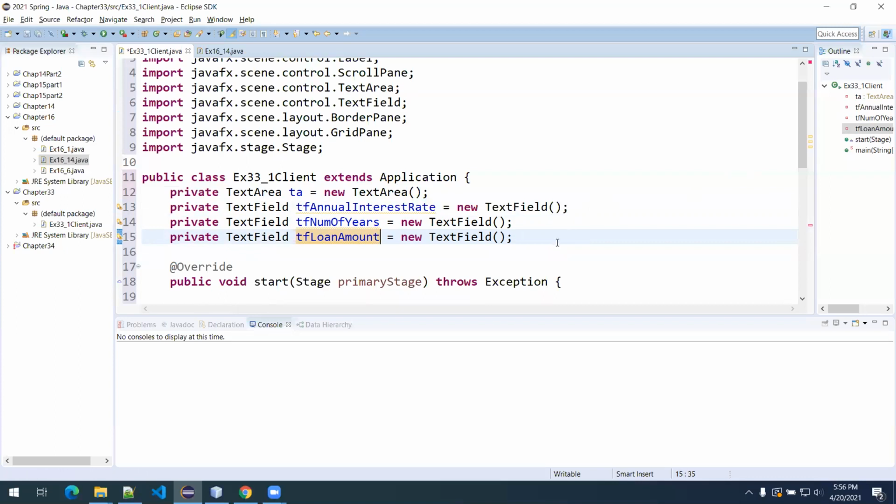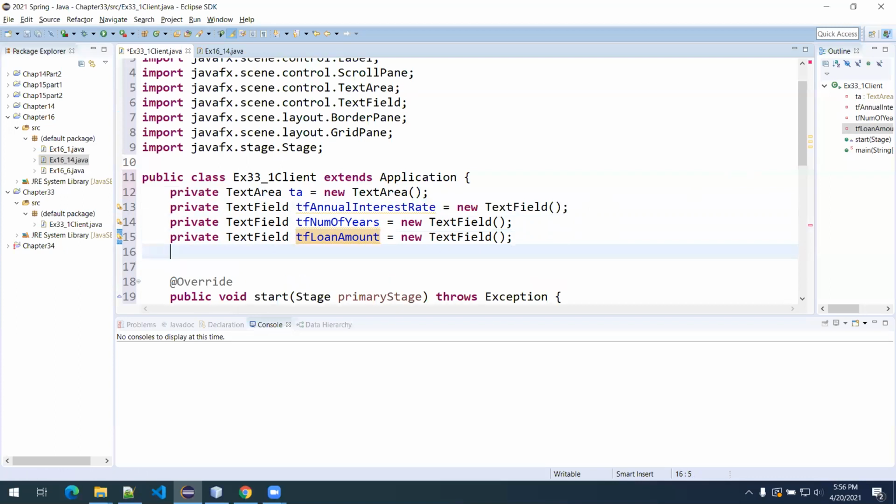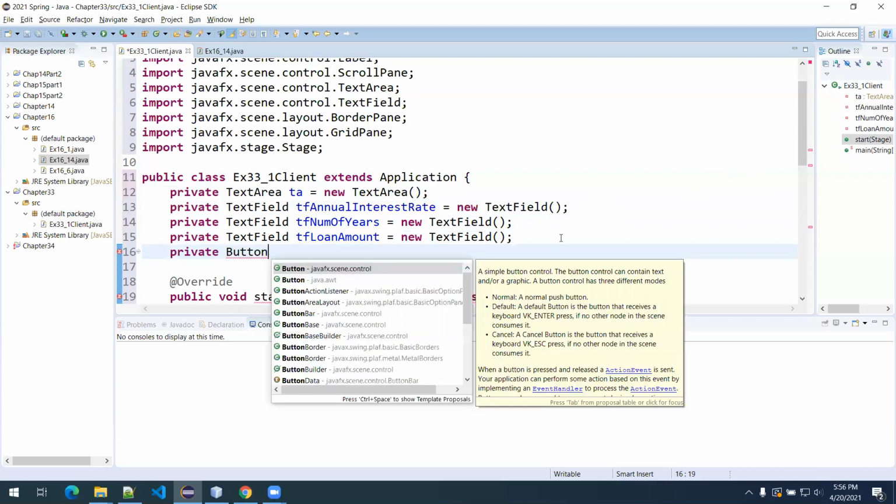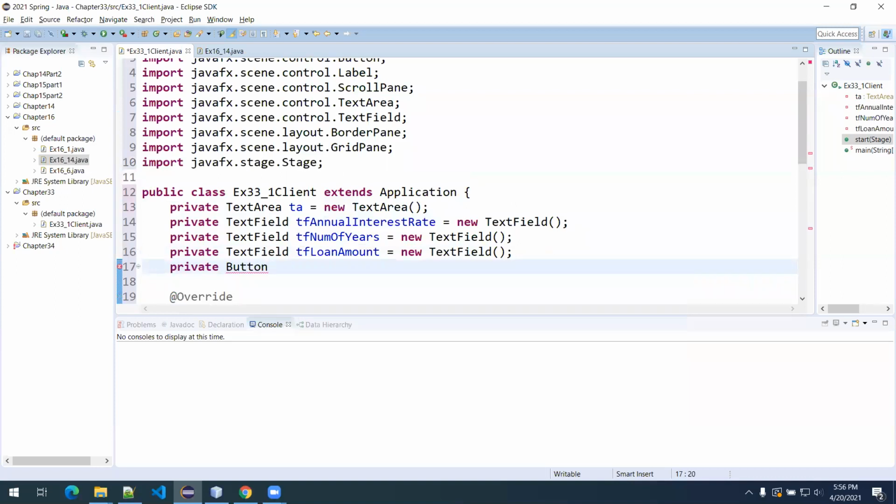We have one more to add, and that's the button. That may as well go up here too. That will also be private. We will once again need the library for that. And let's call this btSubmit for our submit button. And then we will instantiate. Oops. And then the text we want is Submit, or whatever you want it to say. All right, so there's our